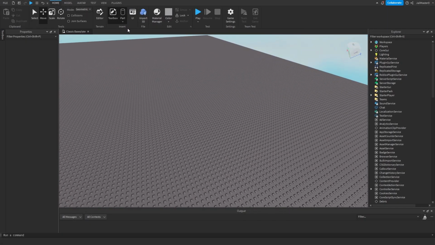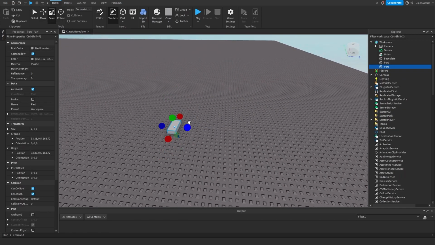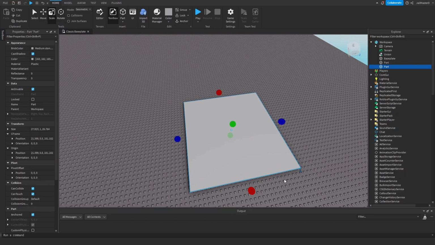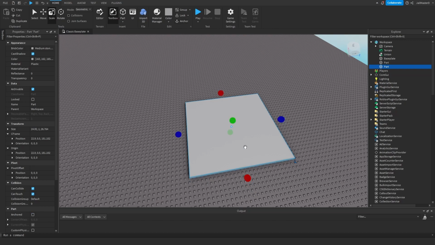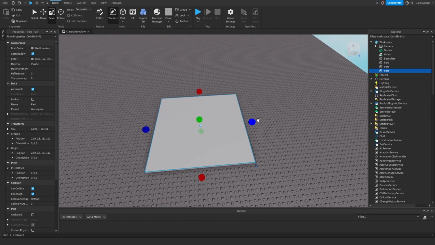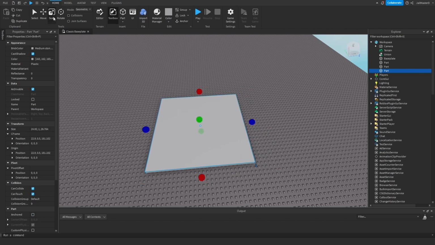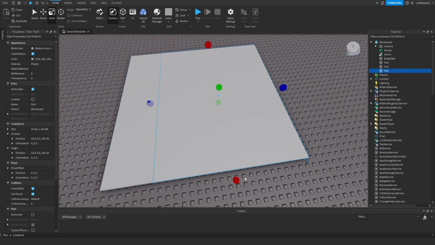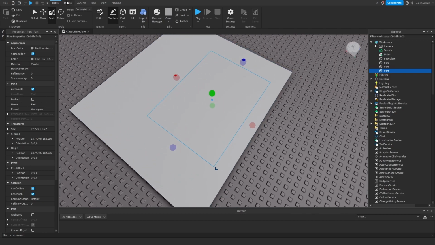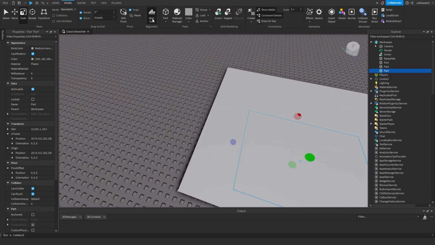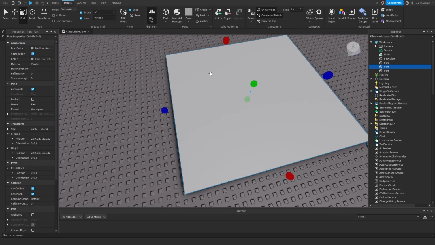Spawn in a part, make it a bit bigger. Now just make another part or clone it like I did. Let's do it like this. Actually, I will go back. I will make the small one. I want the hole to be here. I will align it by hitting the object, this part, and then